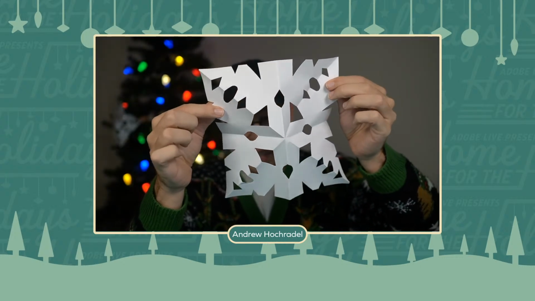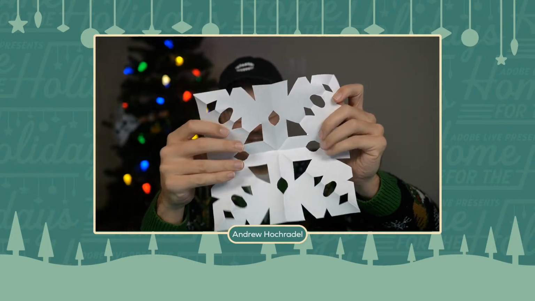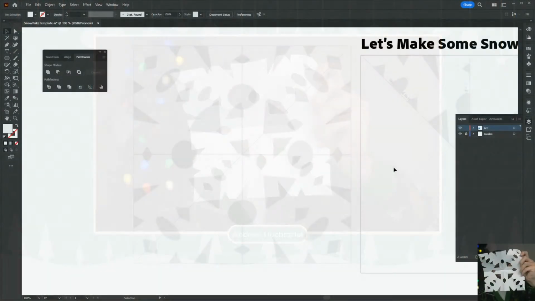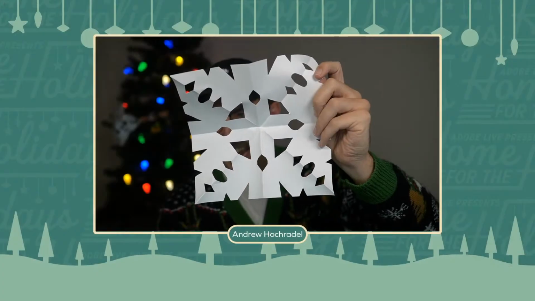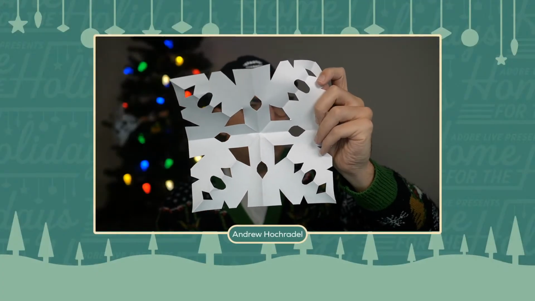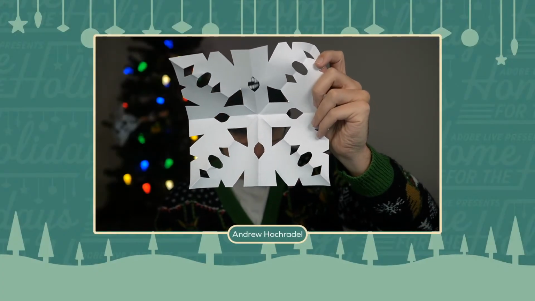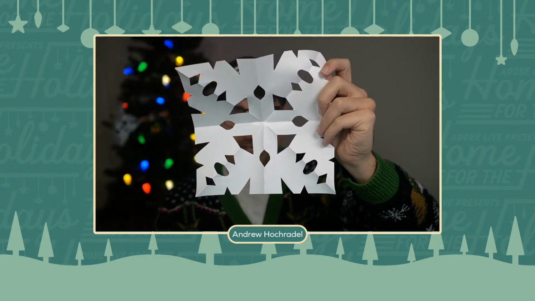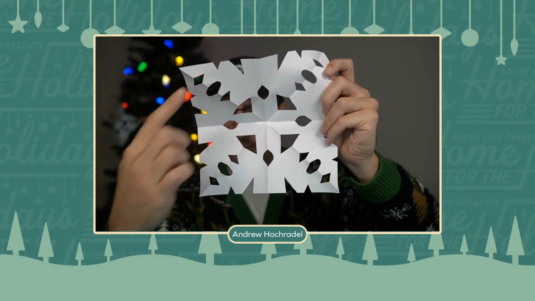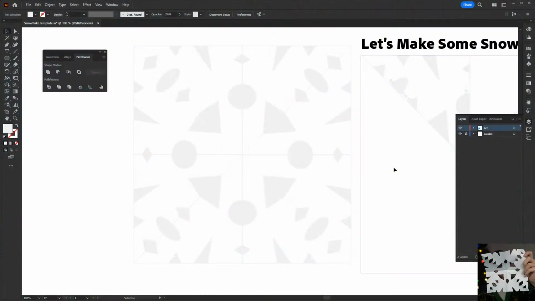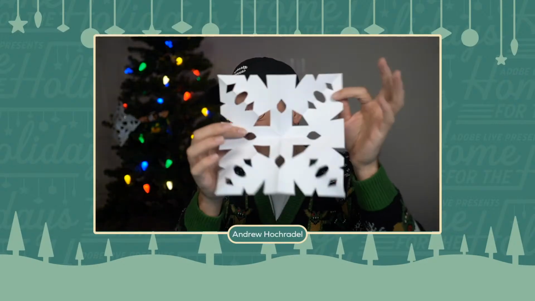All right, so we have this here, and we go back and we're going to look at our file. It's pretty much exactly the same, y'all. I did a pretty bad cutting job, but you can actually tell what is happening, right? So we've got this triangle, triangle, circle, triangle, and you can see that exactly on our Illustrator document. So this way, there's no surprises. You can know exactly what you're getting